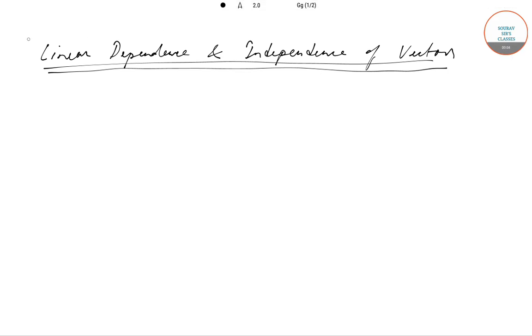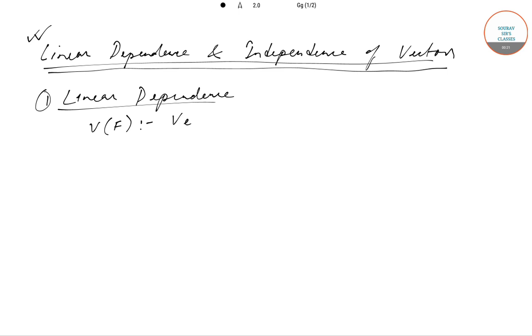Today we'll be learning about the linear dependence and independence of vectors. So let us start off with linear dependence. Now linear dependence implies that if we have a vector space, suppose VF, so this is basically the vector space that we'll be dealing with. So if VF is the vector space and then we have a finite